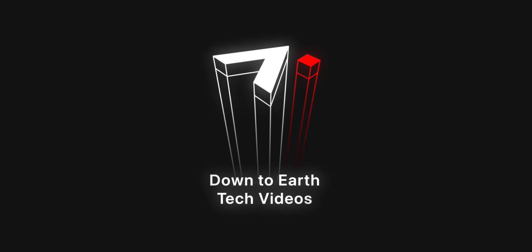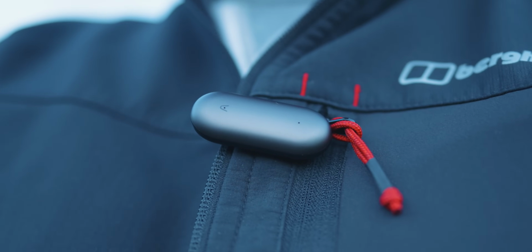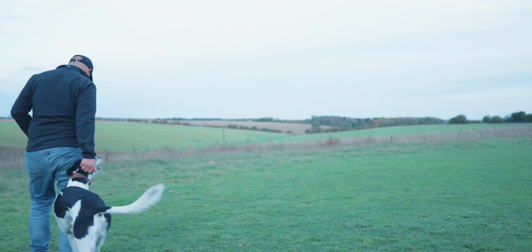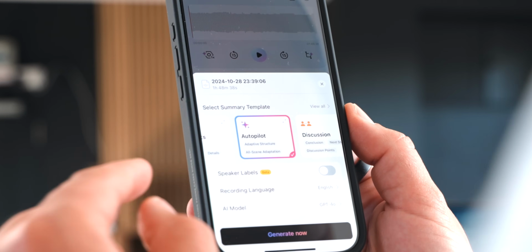Well, we can say goodbye to that problem now. This is the PLAUD NotePin, which can help you capture all those genius ideas without any of the stress. Come with me. Today I've got something that's been making my very busy life a whole lot simpler. This little wearable recorder may look simple, but it's packed with features that make capturing ideas, meetings and conversations an